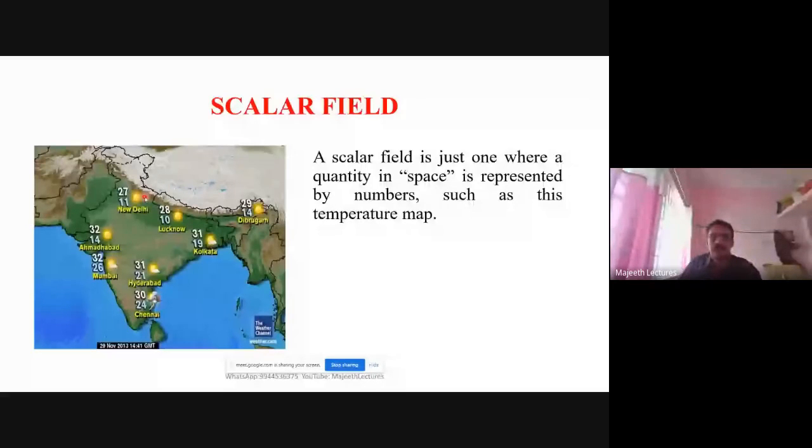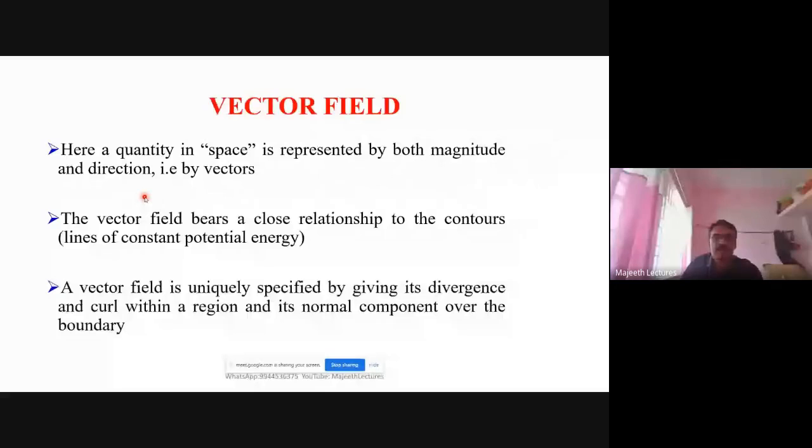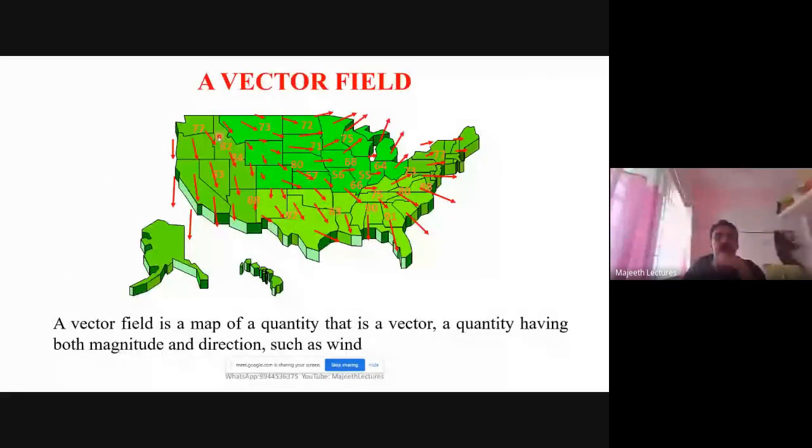Similarly, in a vector field, we associate a vector at a particular point. So the field is felt in the space. Here we associate a vector. 77 is a number, and this number is in this direction. This is talking about a wind blow, right? The wind velocity is 77 and the wind is blowing in this direction. So it has both magnitude and direction. So it is a vector field. Here you see, this is the magnitude, this is the direction. So here we feel a vector. This is one general example.